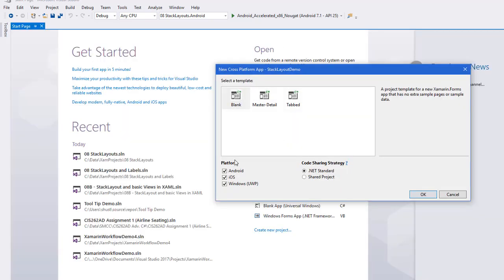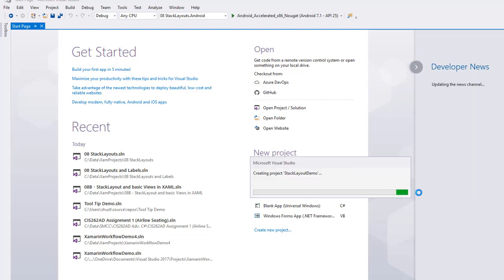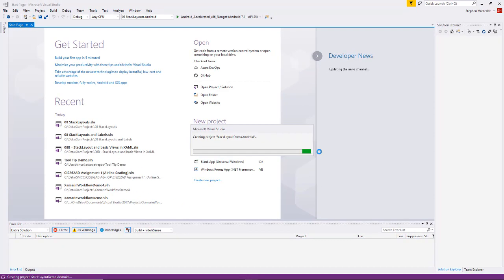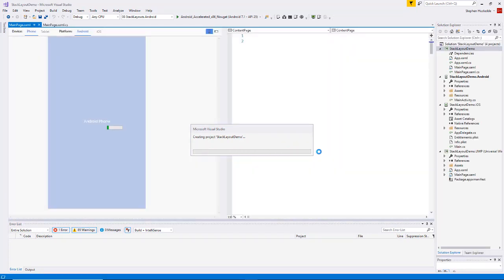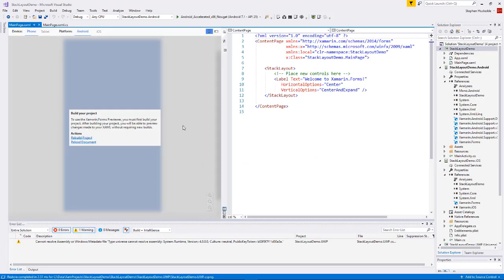I'm going to use the blank template, all three platforms, .NET Standard code sharing, and I'm going to click OK. It's going to set up 4 packages in my solution, one of the shared code, then the Android, the iOS, and the UWP package. And we're told here that in order to have the previewer work, we need to rebuild our project. Before I do that, though, I'm going to go to the solution